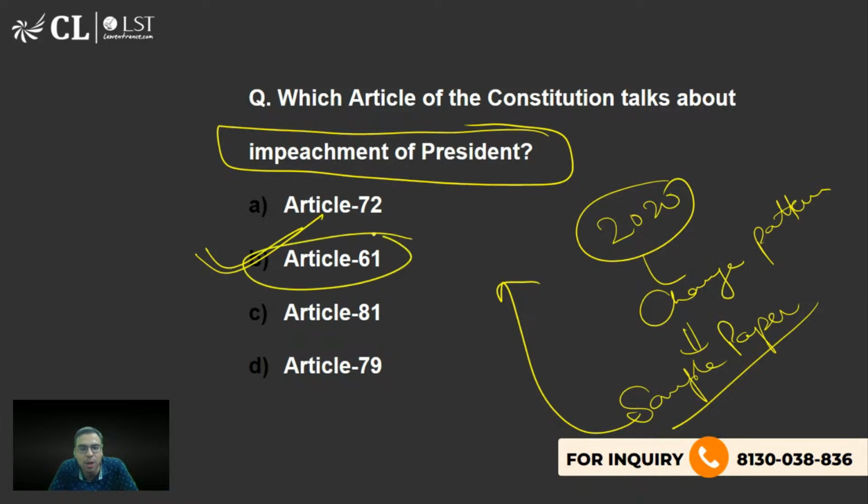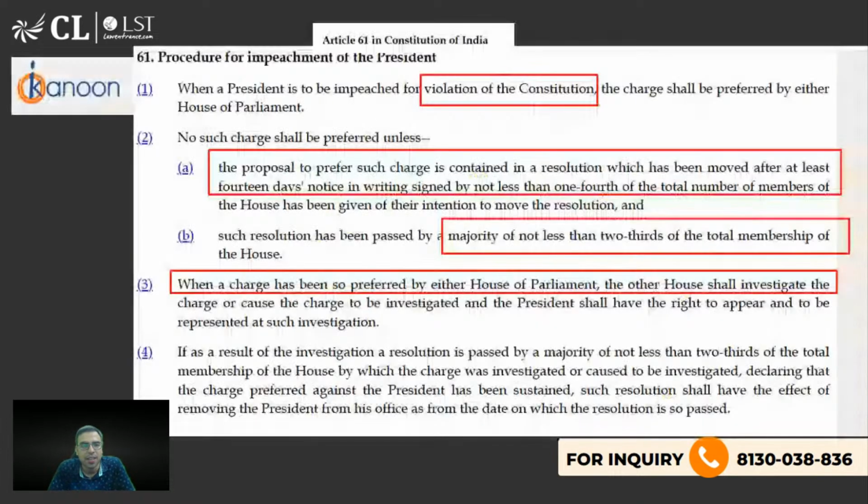Article 61 talks about impeachment of the President of India. So B is the right answer to this question. ठीक है, तो आप देख सकते हो प्रोसीजर, यहाँ तो इम्पीचमेंट लिखा, रिमूवल नहीं लिखा ना. प्रोसेस फॉर द इम्पीचमेंट ऑफ द प्रेसिडेंट फॉर द वायलेशन, देखो ग्राउंड ये लिखा है ना, वायलेशन ऑफ द कॉन्स्टिट्यूशन,